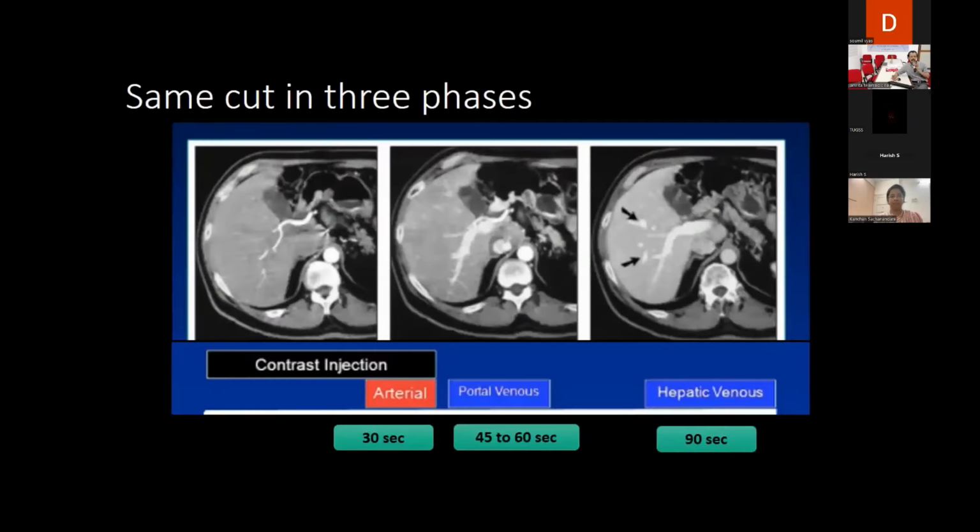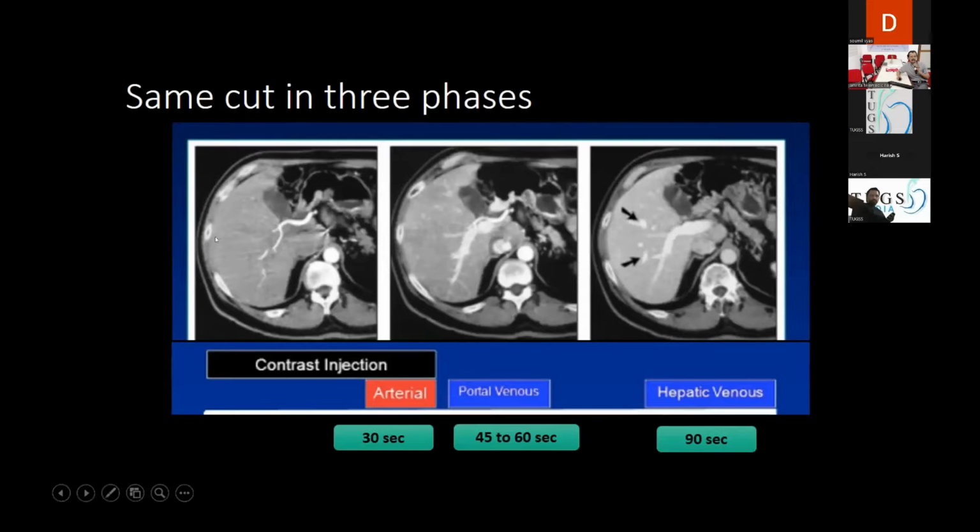So basically, when you're thinking of imaging, you consider doing a triple phase CT scan. There's a plain scan, which will help you to identify calcification or know how fatty your liver is. The arterial phase, which is the first picture, is done at about 30 seconds. Usually it helps to identify hepatocellular carcinomas because they are largely supplied by the hepatic artery and will enhance brightly